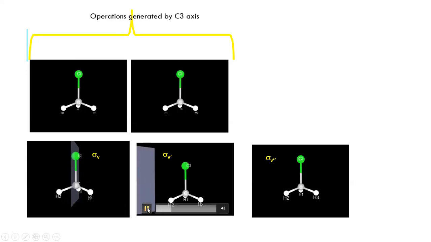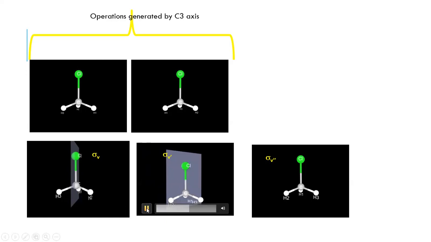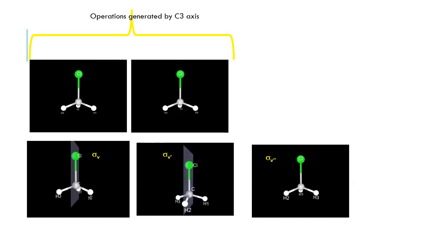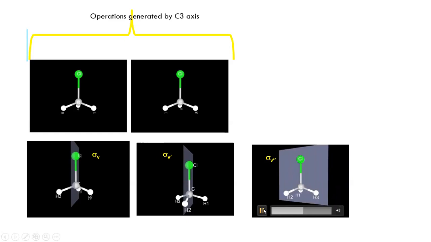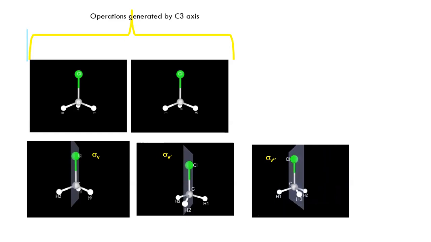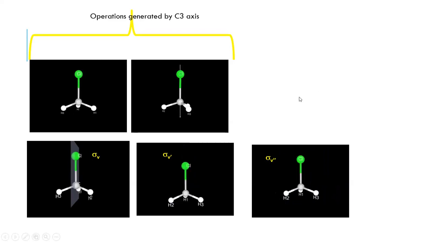Once again, you have another plane that also cuts the molecule into 2 halves. This is again a vertical plane because this also goes along the C3 axis, and here you have another plane of the same sort. This molecule, I think you could have guessed, is exactly similar to the ammonia which we saw shortly before, and once again you could have guessed the point group of this molecule to be C3V.